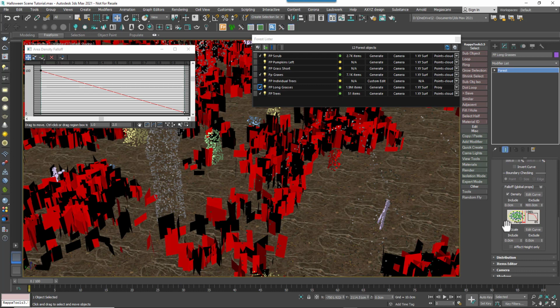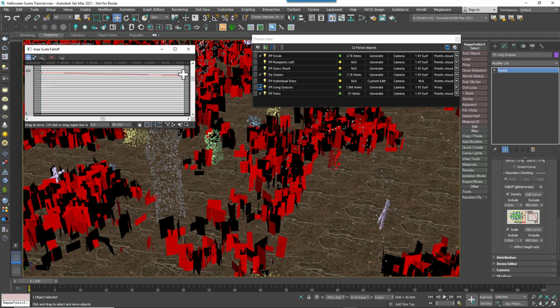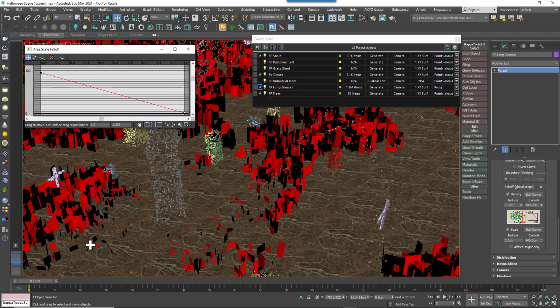You can go further and do exactly the same thing for scale, so that they decrease in size as they reach the tree too. To do it, you enable scale fall off, set the distance as before, and then open the curve, and once again, the right hand side controls the size as it approaches the exclude objects.